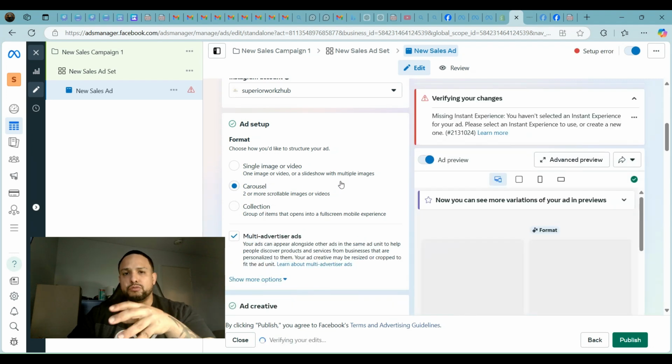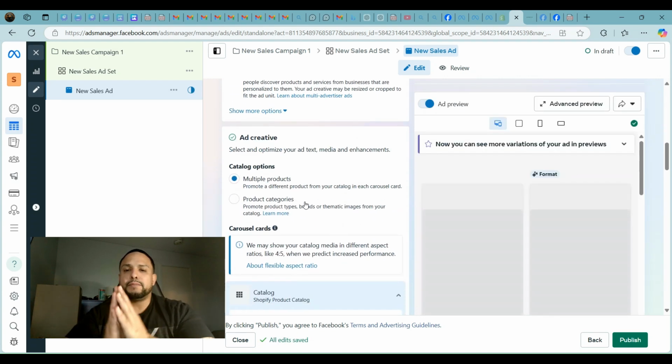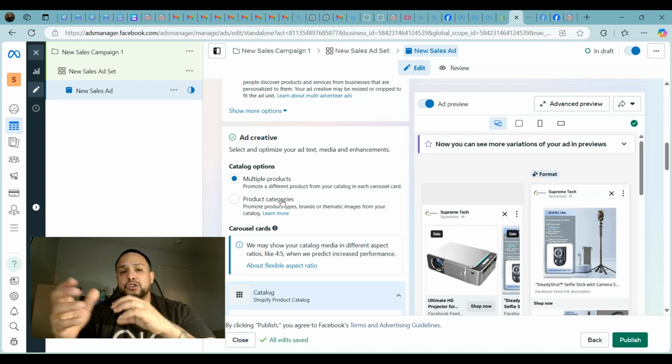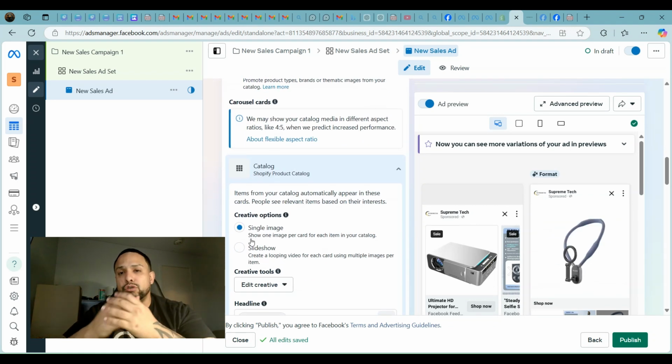I hope you guys are still with me, right? So basically, you could have a single image. You could have up to 3 different images of your product showcasing 3 different angles. You can use 2 to 3